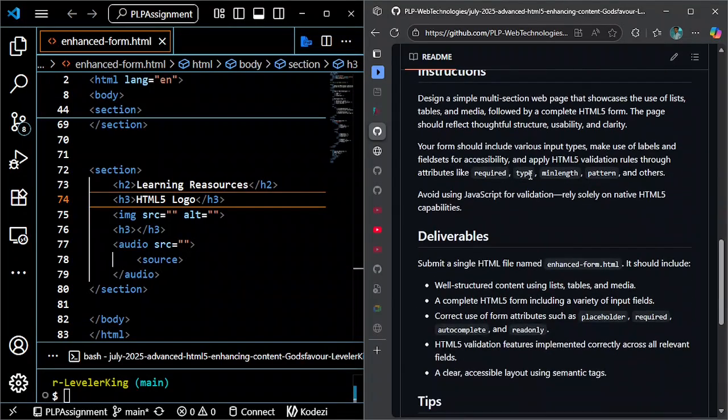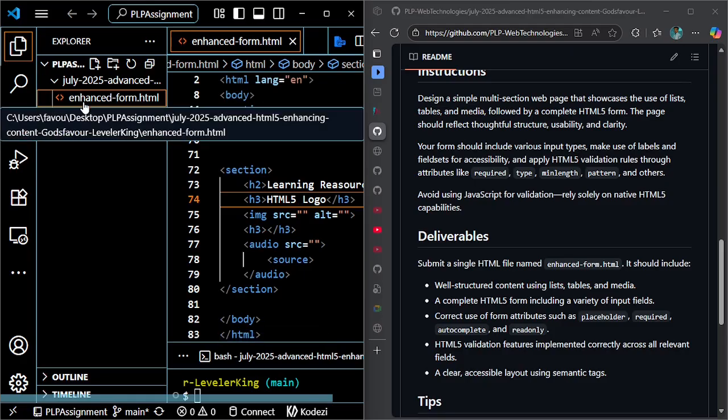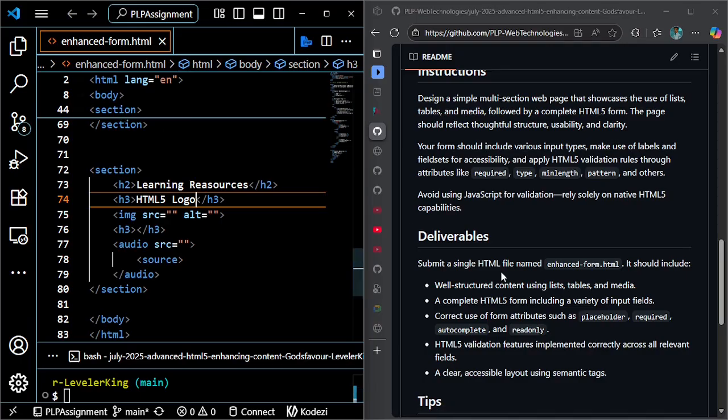Where is it? Instruction and media, the use of list and media. So where can I get a short video to add to this thing? Okay, we were asked to submit a single HTML file. Thank God. So that means it's not that essential, but I can just fill in some